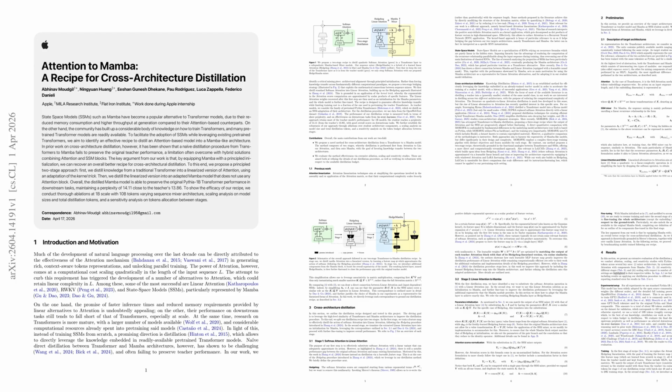Attention to Mamba proposes a two-stage cross-architecture distillation recipe that transfers a pre-trained transformer into a pure Mamba-style student without hybrid attention blocks. Using Pythia as teacher and OpenWebText for distillation, the method first distills softmax attention into Hedgehog-style linear attention via a learned feature map, y(x) = σ(Wx + b), trained by cosine matching,